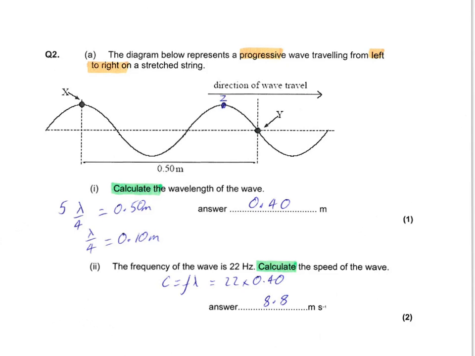So this is the Waves Homework Booklet question 2. We've got a diagram here representing a wave travelling in that direction. First thing we're asked to do is to calculate the wavelength of the wave. Now I've got a distance on the graph from x to y, and that's 0.5 of a metre, which is